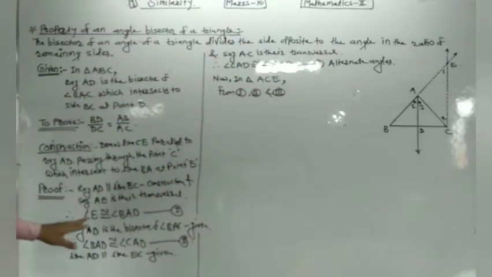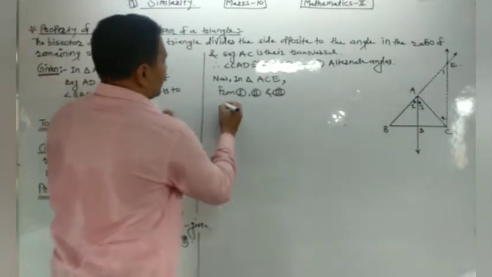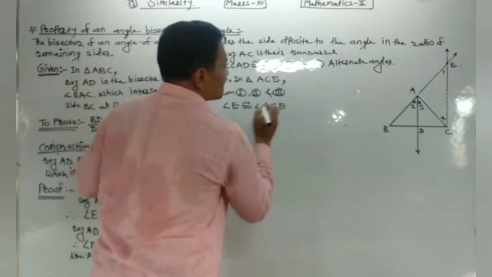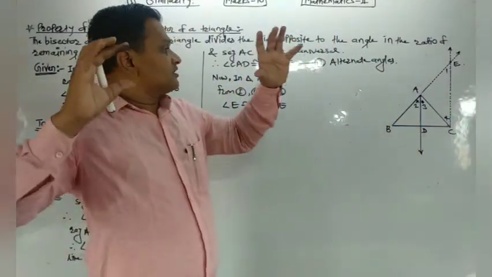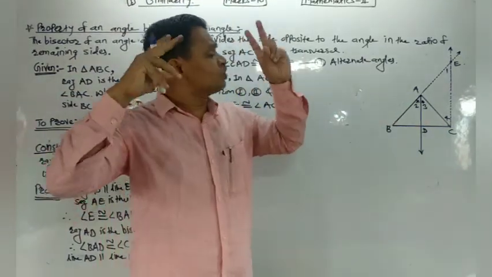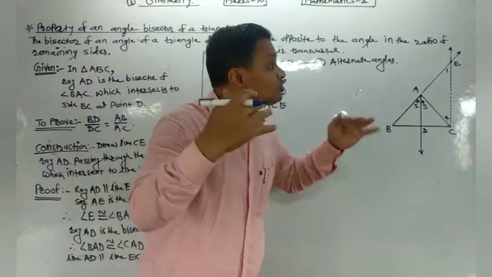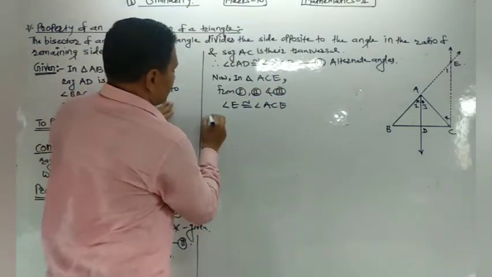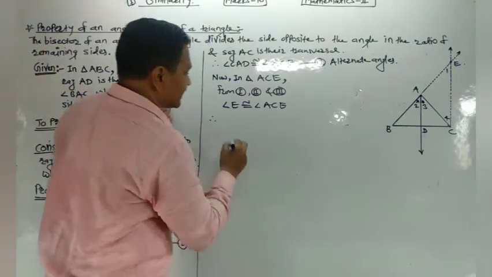Means angle E is congruent to angle ACE. Means two angles of the same triangle are congruent. If any two angles of a triangle are congruent, then the sides opposite to them are congruent. Understand? Therefore, by the converse of the isosceles triangle theorem, we say that